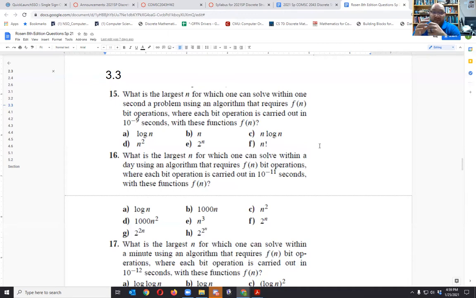Now, problem 16. It looks like it's basically the same question, but it's saying, what is the largest n for which one can solve within a day? So this time we have 24 hours using an algorithm that requires f of n bit operations, where each operation is carried out